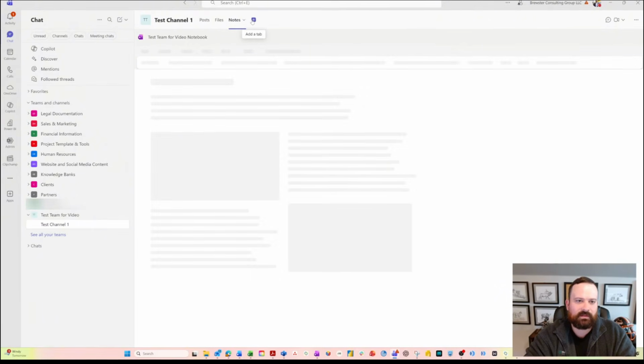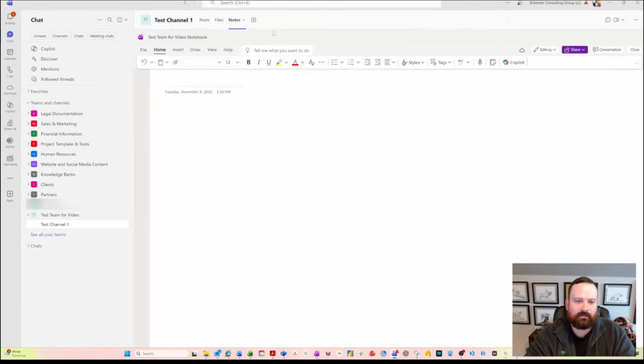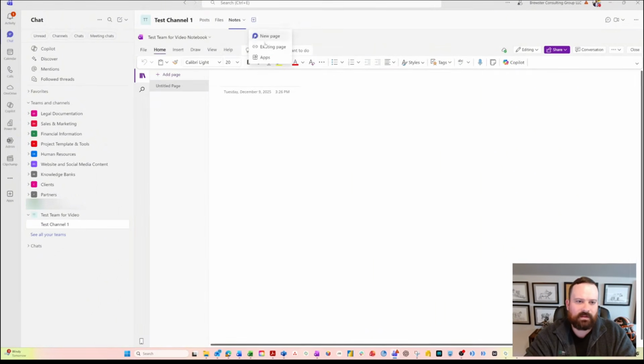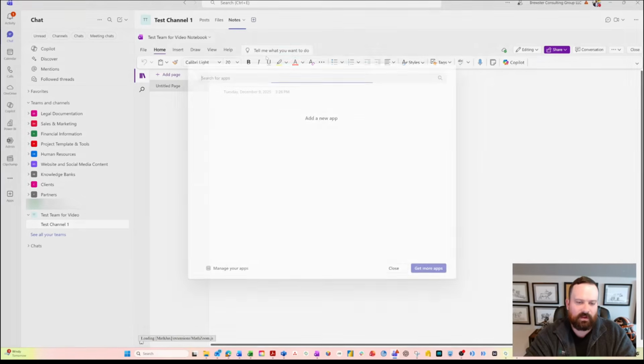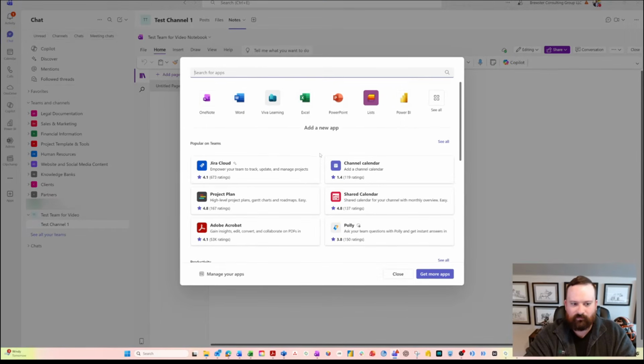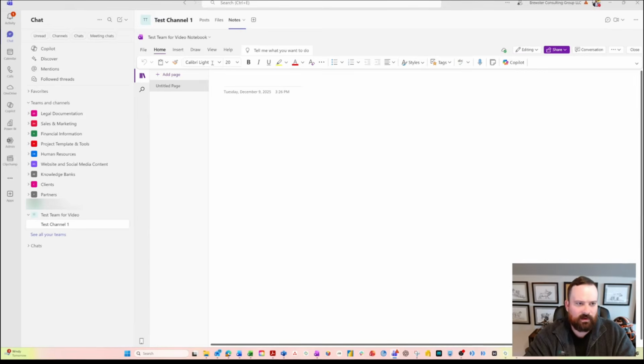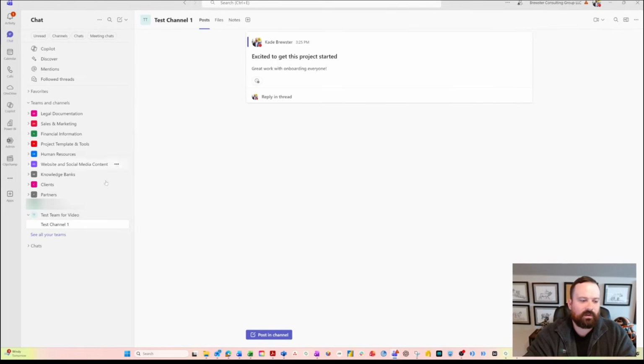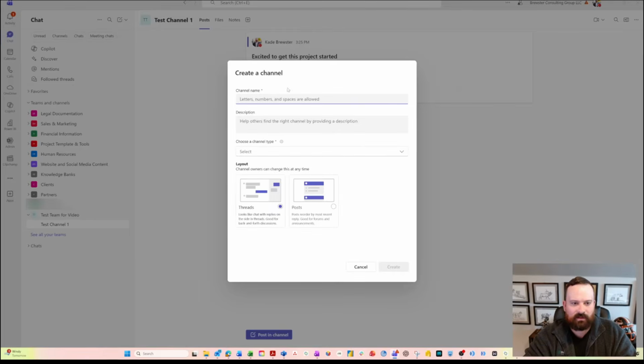You can also add additional stuff by adding tabs up here, right? So you can add existing pages, you can add new pages, you can go to apps and add existing apps. Like if you're, say, a Jira user, you could add Jira up there and track a Jira board in here, right? And then you can also go over here and add additional channels to the team, right? So if I hit these three dots over here on the left and I go to add channel, now I can make another channel,